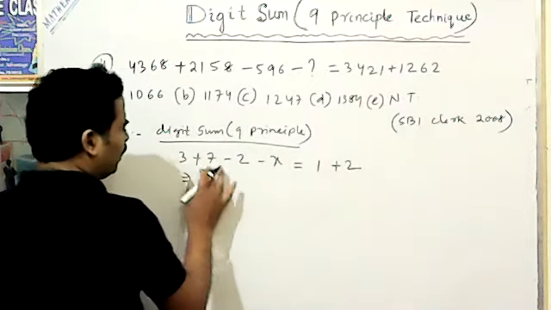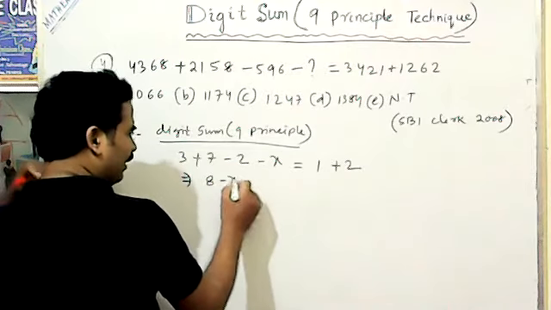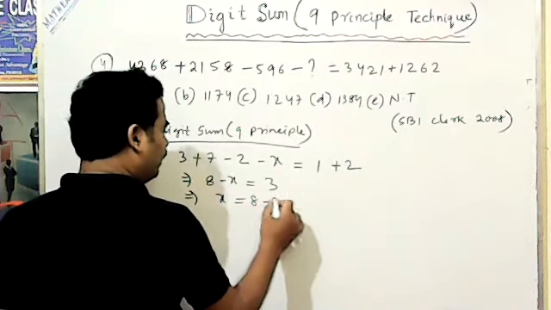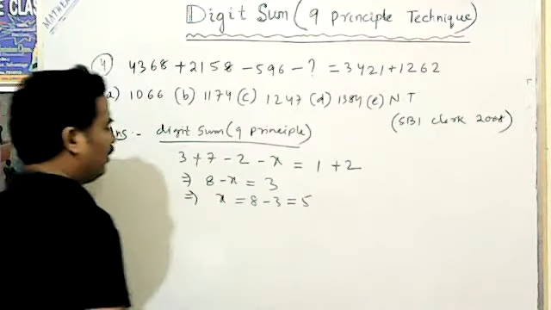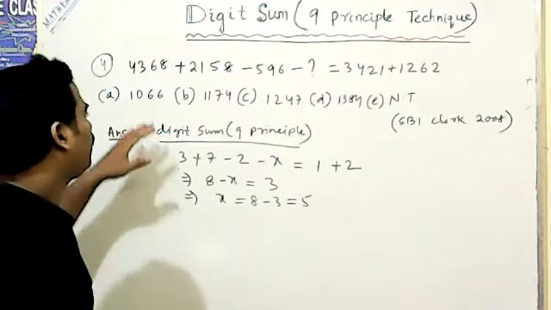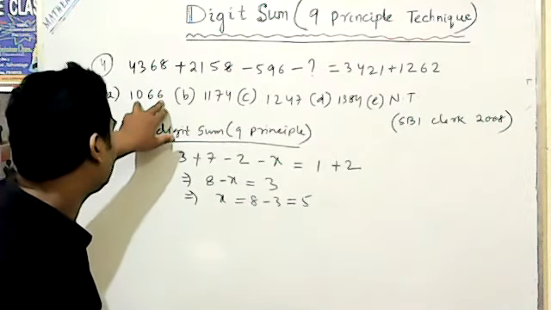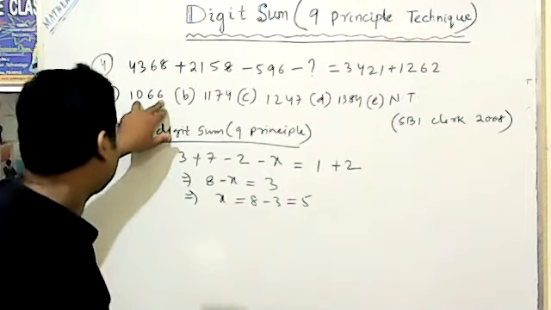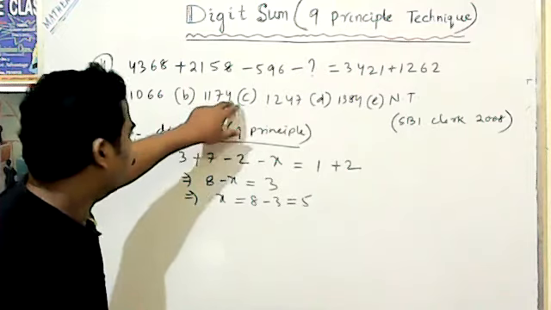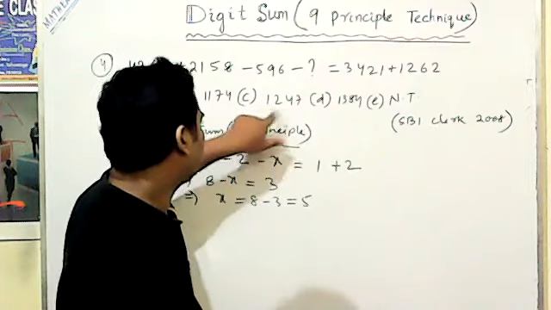What value, that is 10 10 से 2 गया, 8 8 minus x is equal to 3. That means you can say x is equal to 8 minus 3 means 5. That is 5. So what the digits, the sum is equal to 5. You check it, that is 7, 7, that is equal to 4. That option is incorrect. So this is 11, that is 9, that is 4. That is incorrect. This is equal to 9, that is 5.